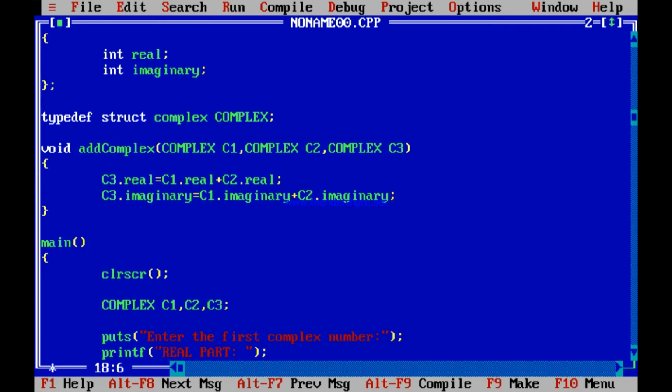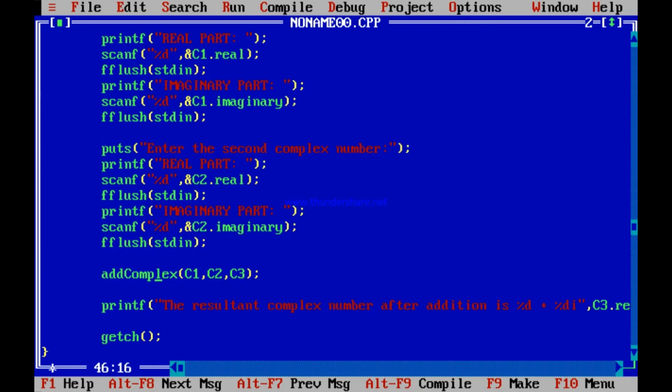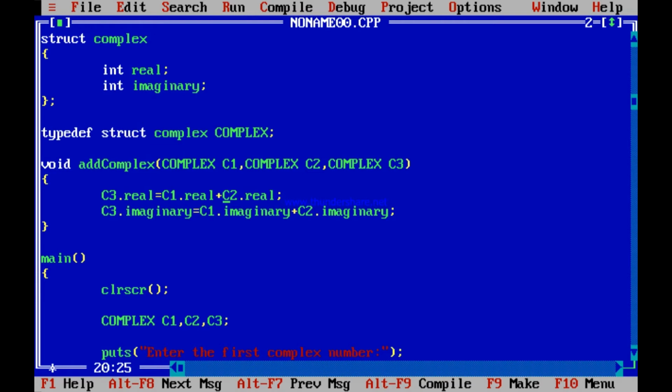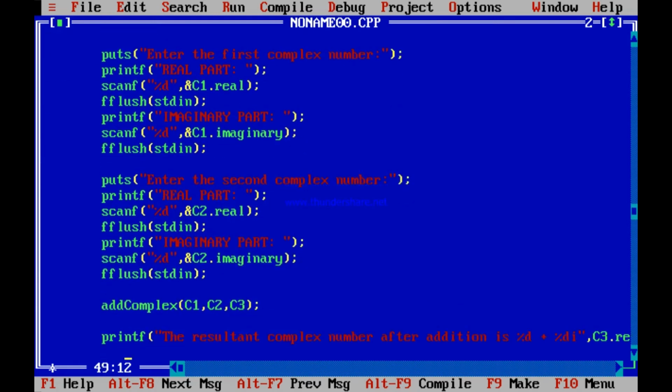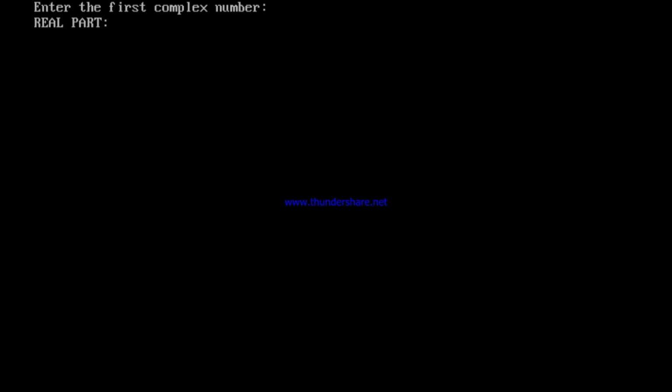What I have done is I have received a complex variable C3, and within that C3 I have computed the real and the imaginary part. And then I have passed this C3 from main to add complex. I expect that C3 I have received over here. So the real and imaginary computed over here, and I don't need to return. Will it work? I avoid the return. I just do it on the same C3 that I pass from main. Will it work? Please see for once. Let me save it and try to run and see for once.